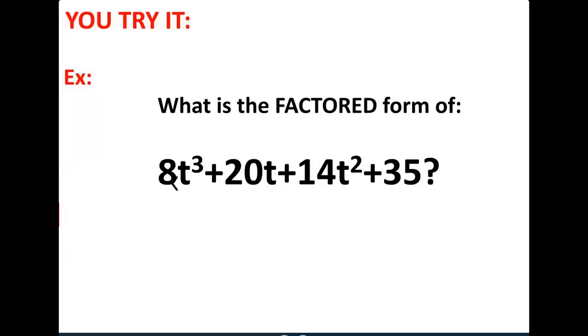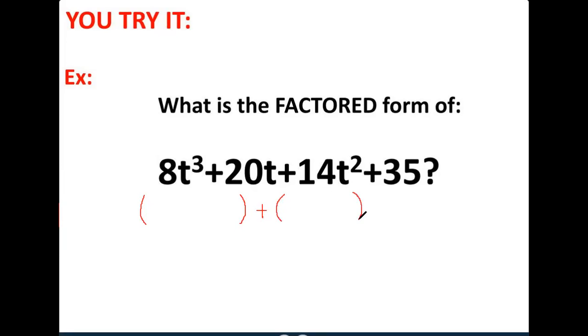We have 8t to the power of 3 plus 20t plus 14t to the power of 2 plus 35. It's not necessary to choose first and second, it's up to you. We can choose the numbers which have something in common between them. Then we can try with first and second, third and fourth together, and we will check. You will know that you made it right once you have the same parentheses with the same numbers inside. So this is the first group, I'm going to take first and second. I will separate them by